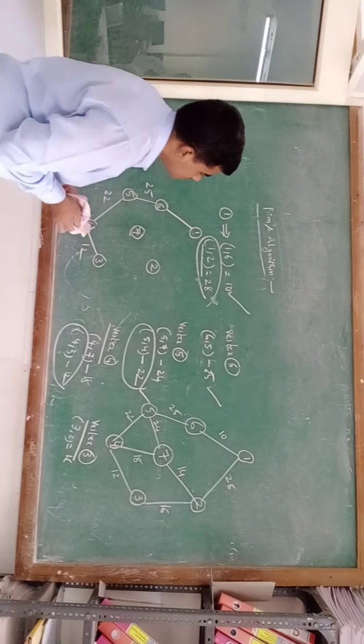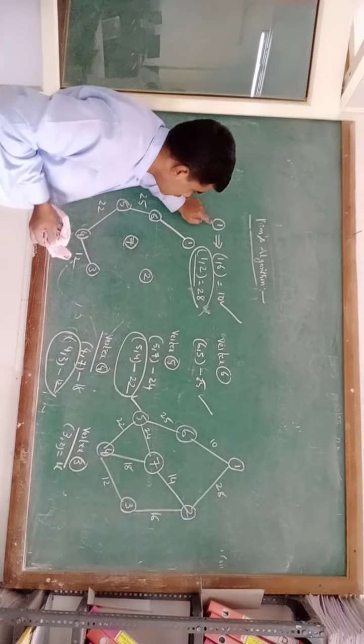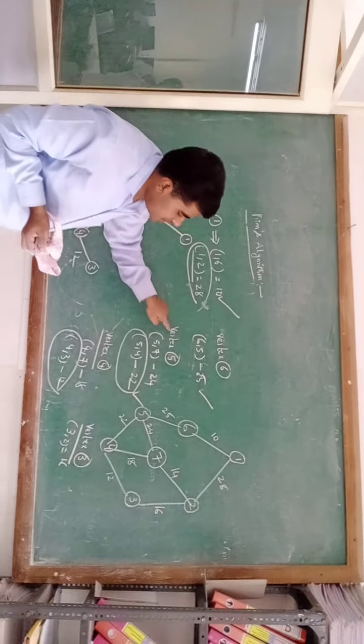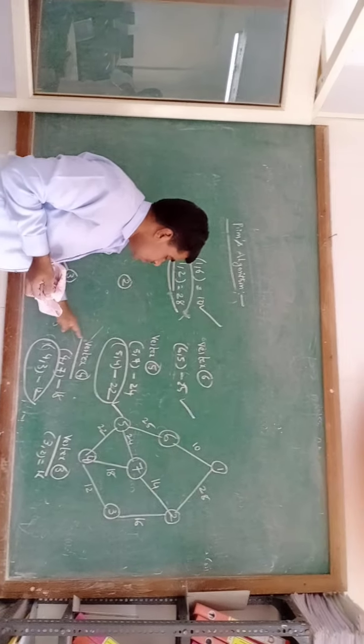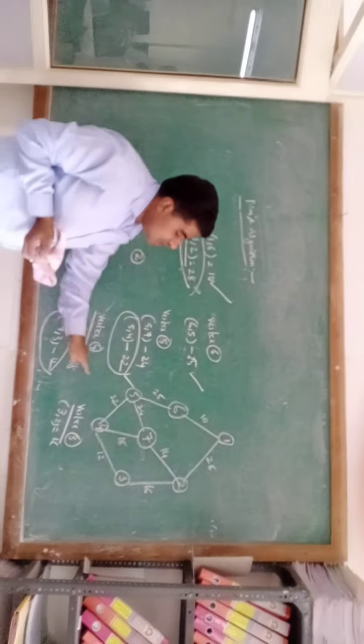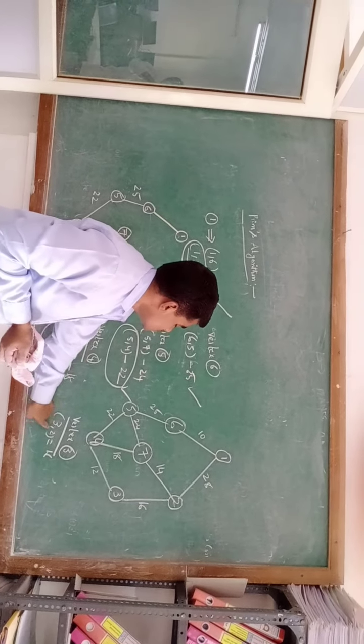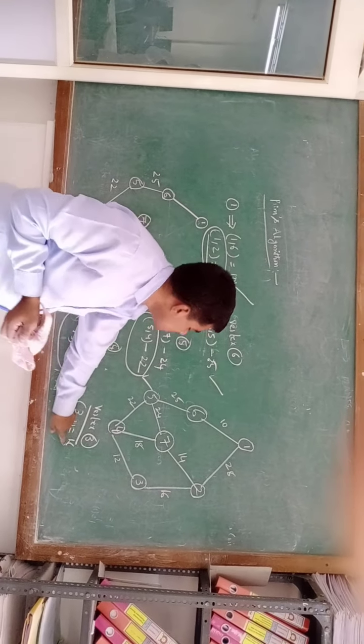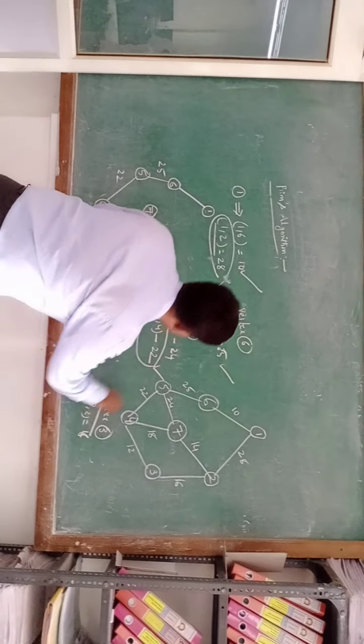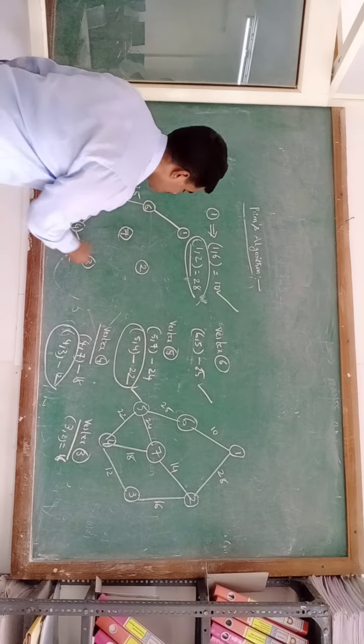Now we have to cross check with each and every vertex. Vertex 1, 1 to 2 is pending. Vertex 5, 5 to 7 is pending. Vertex 4, 4 to 7 is pending. And vertex 3, 3 to 6. Which one is minimum? 3 to 6, that is 16, is minimum compared to all. So now we have to do this.